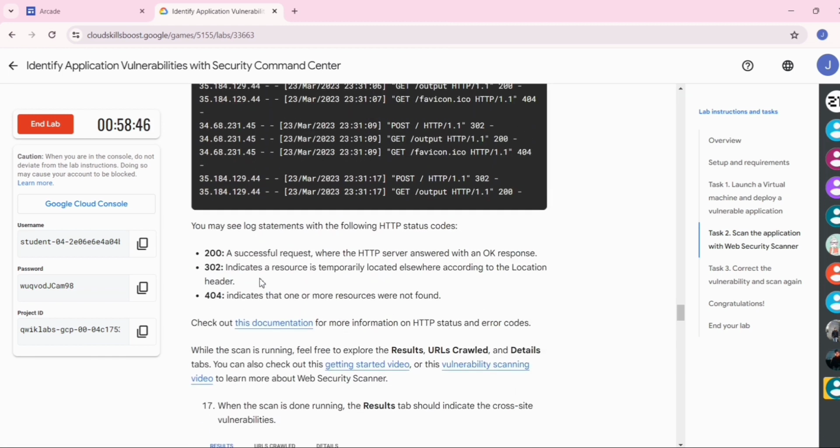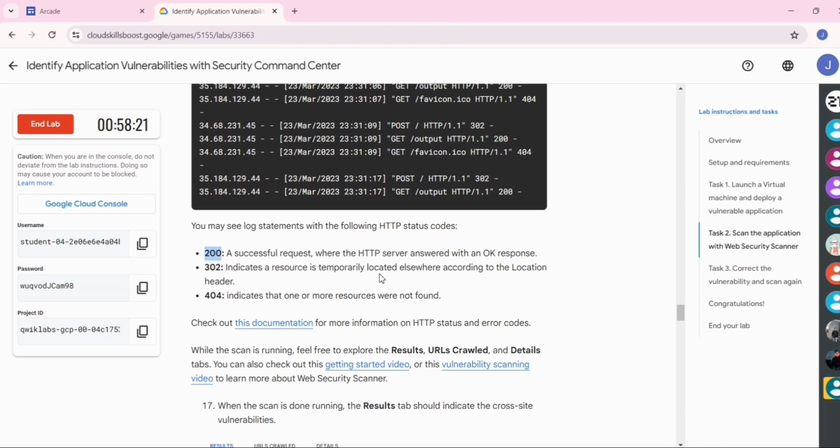I will take a few seconds to tell you that the 200 code is for a successful request. Basically, if there is a successful client request, the server will respond 200.